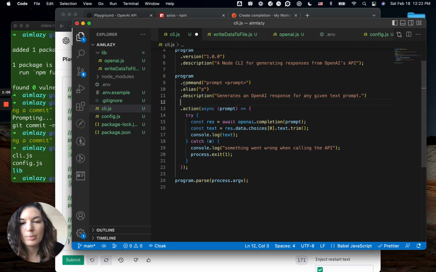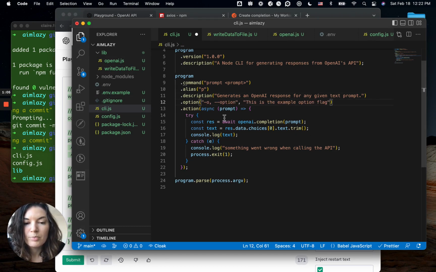And how about beneath the description, we just add this option. And here, there's an interesting syntax. The first argument is the name of the option, and it's separated by a comma. So this is very similar to what we have with the command name and alias up here. We can make an alias and an option name. The dash dash is like the long version of the name, and the short dash is the nickname or the alias. So in our case, we want to make an option called out for like output, and O is a fine nickname for that. And we can give a description for this option, which is